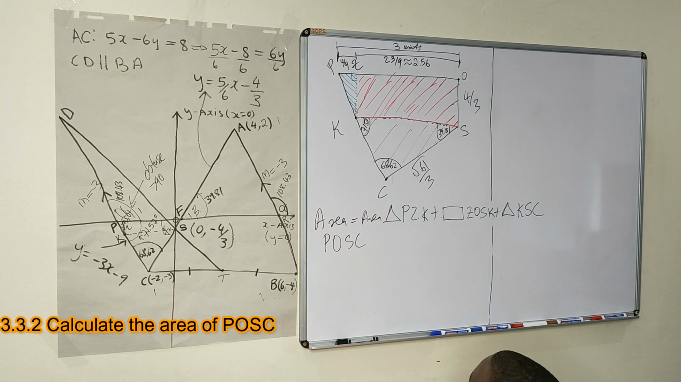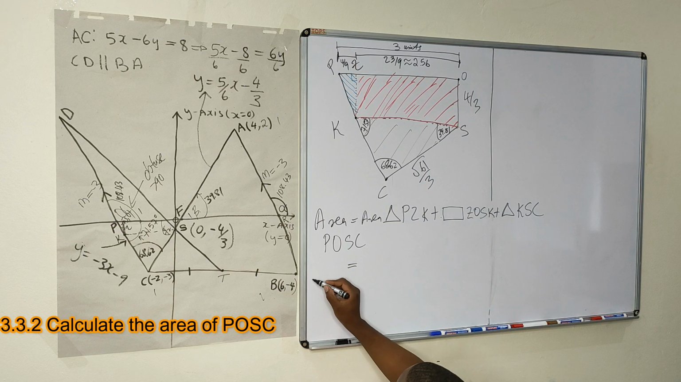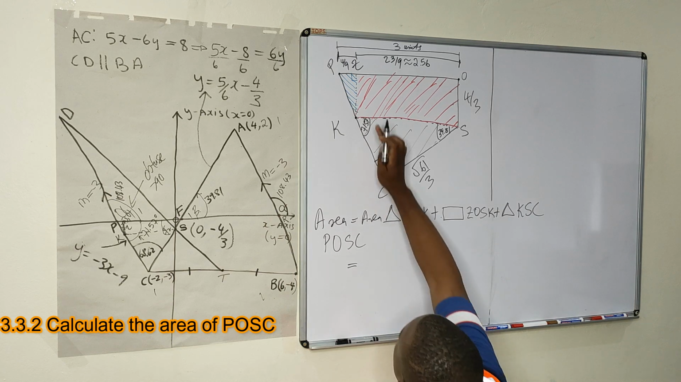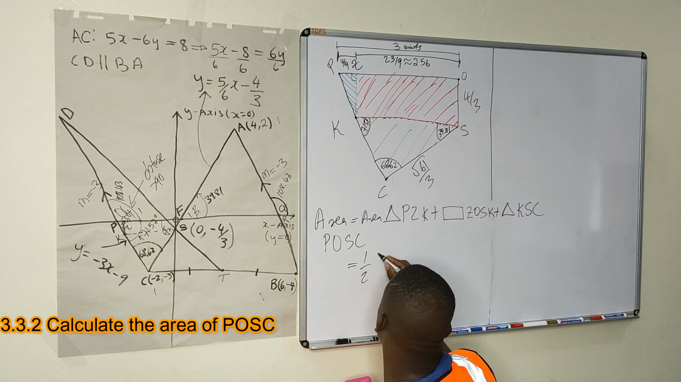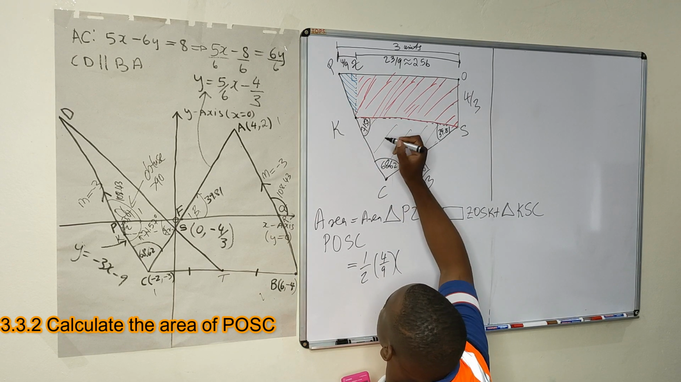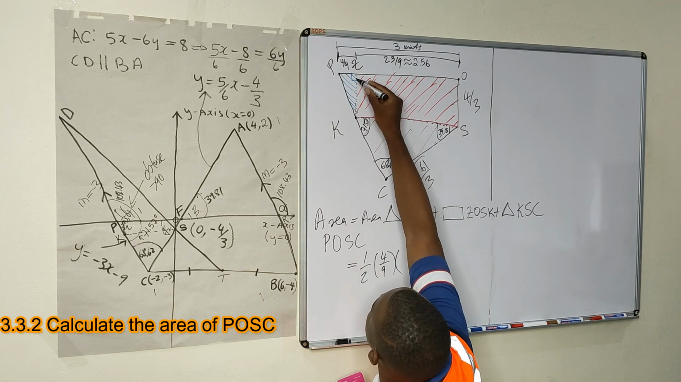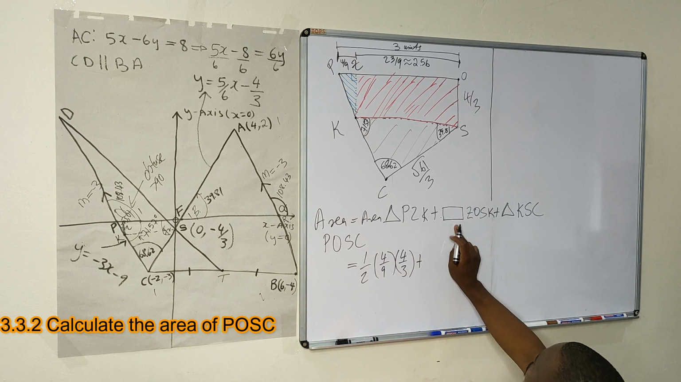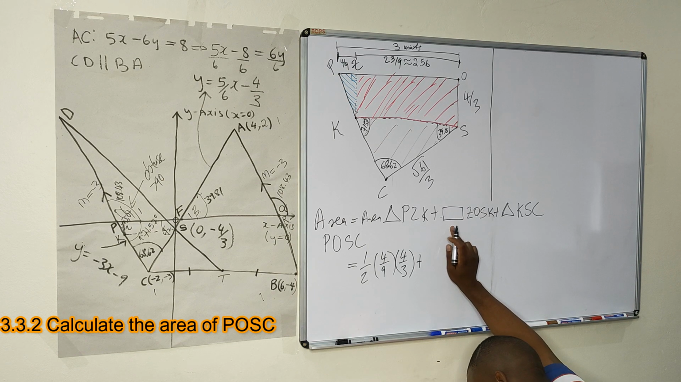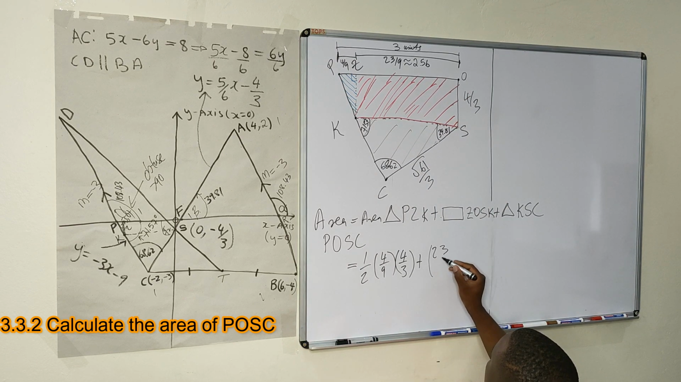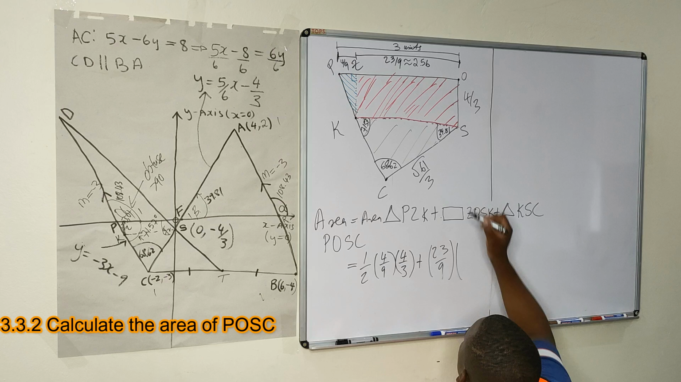So we need to add these areas. These areas are equal to the area of the triangle, that one. So it's going to be half base. What is our base? It's 4 over 9, times our perpendicular height, which is 4 over 3, plus the area of our rectangle, which is length times breadth, which is 23 over 9, times the breadth, which is 4 over 3,